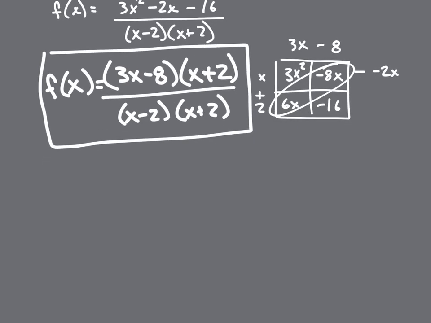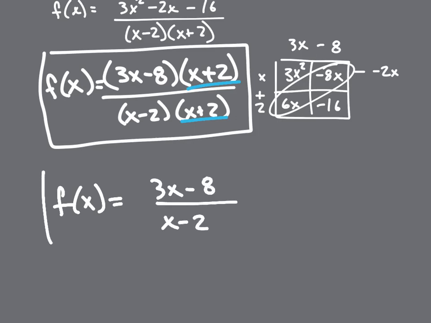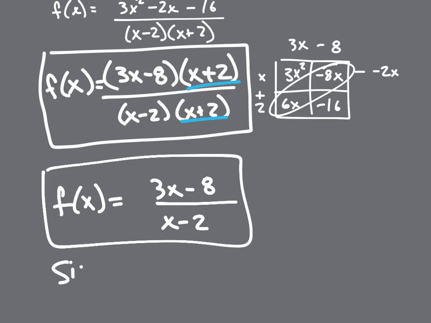If I want to simplify this problem, then my x minus 2 and x plus 2 factors are going to divide out. I'm going to leave them there because we need those. So f of x is equal to 3x minus 8 over x minus 2. This is my simplified